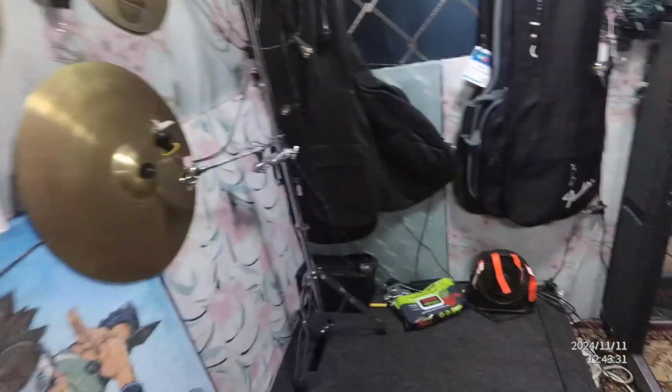So I'm adding these stands and all this, and then I put all the stuff that is the drum stuff that I gotta set up all right here for now, with pillows and cushions. And let me show you where I'm at as far as